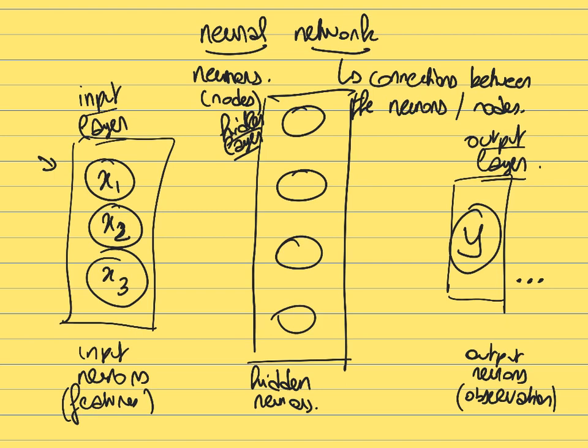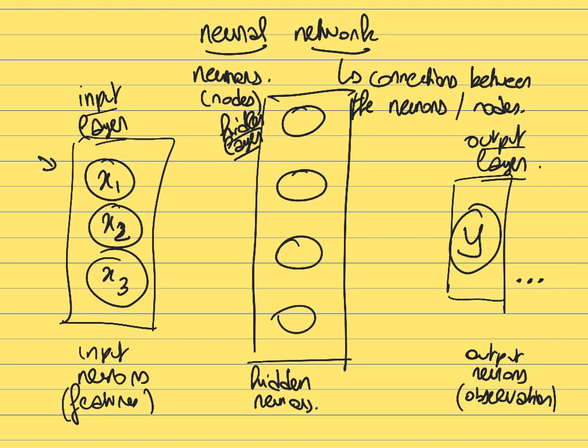So in this case, when you have more than one hidden layer, this is where we start to talk about deep models. Deep means that it has more than one hidden layer. And when you start to talk about deep models, this is what we typically call deep learning, when you have a very deep model that has several layers.